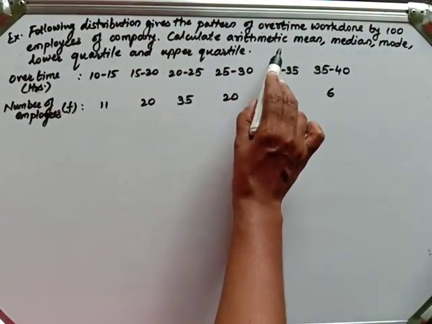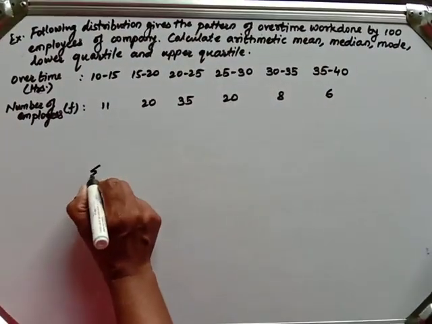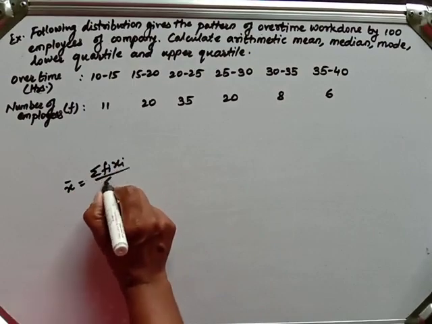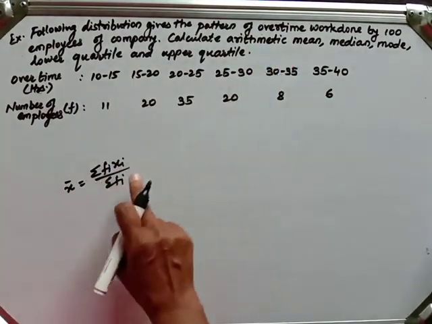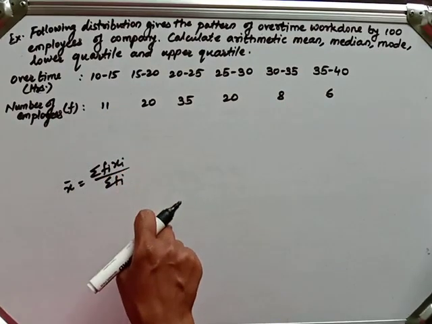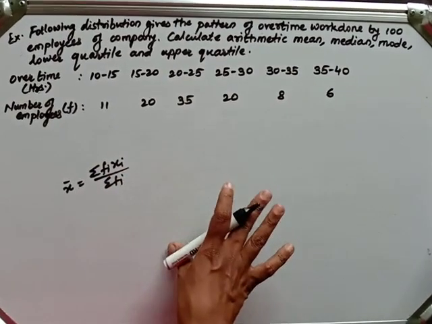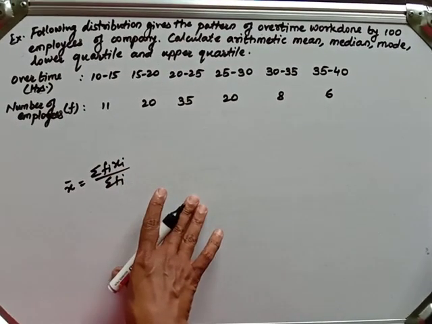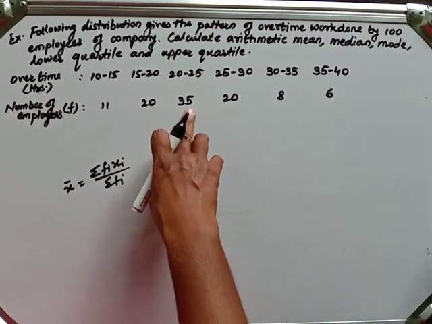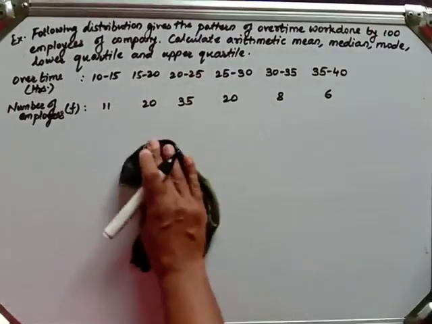So for arithmetic mean we need the class marks of them. What is the formula for arithmetic mean? X bar is equal to summation fi xi upon summation fi. So we need class marks, that are xi. We will take the product of them with frequencies. That's when we require. Fine. Now for median it's just the same as for quartile. Now for mode we will get the class with highest frequency, that is the modal class. Fine. So we will determine them one by one.